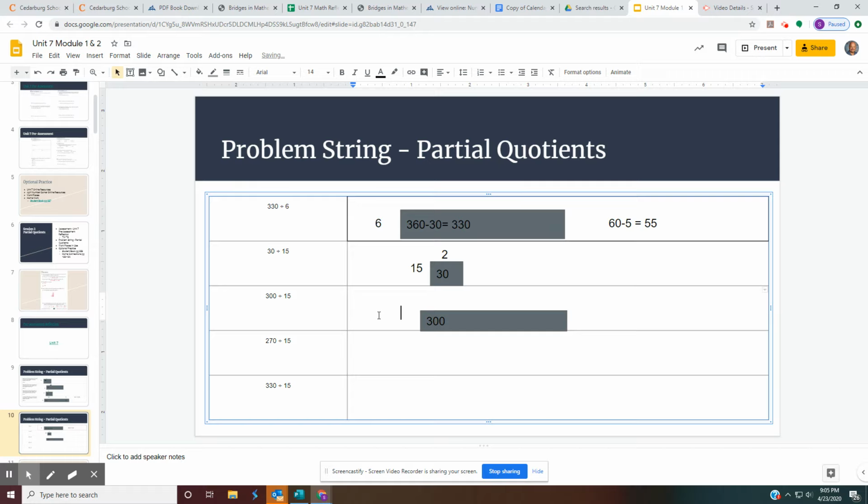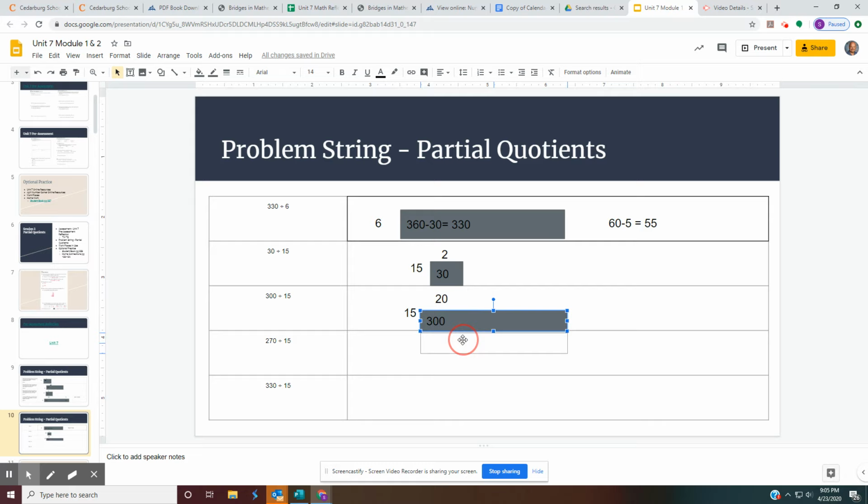We're dividing that by 15, and if what we're dividing into is 10 times what the other problem is, then our quotient is going to be 10 times as much. So we know that can only be 20. But what do we do when we have